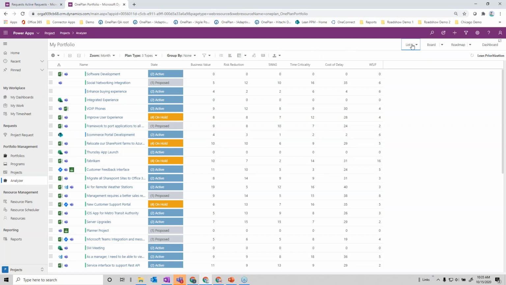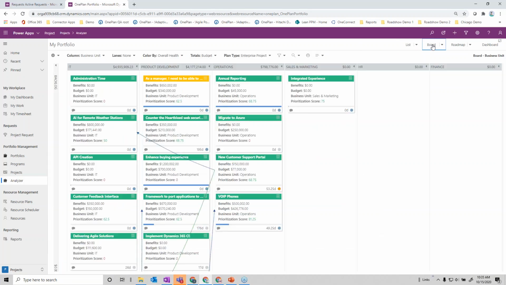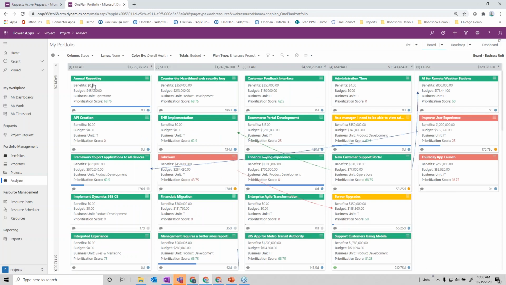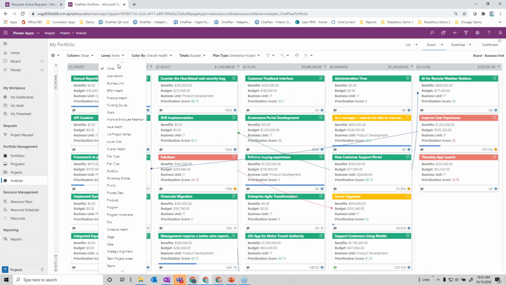Now, these lists and these views can be done however you like. And you can even look at these from a more agile perspective, like from more of a Kanban board perspective, and understand through either columns and or swim lanes. I might want to look at swim lanes by business unit, or a swim lane by, say, stage, what stage the project is in, like the create stage or whatever, and then maybe use the business unit or the team as the swim lane